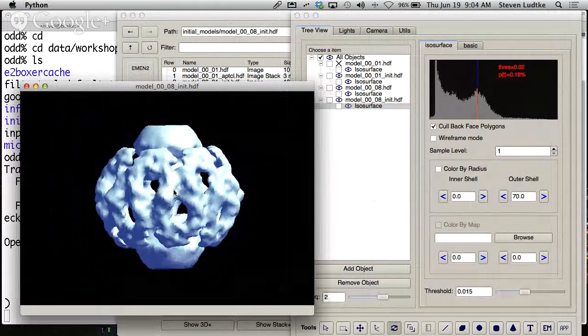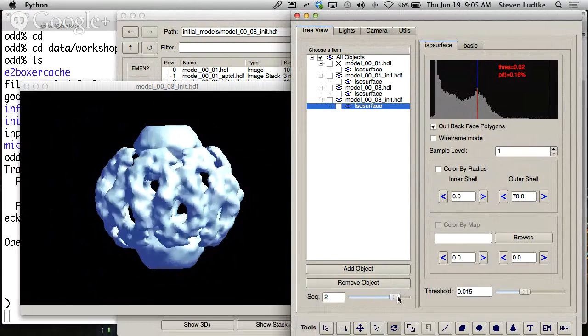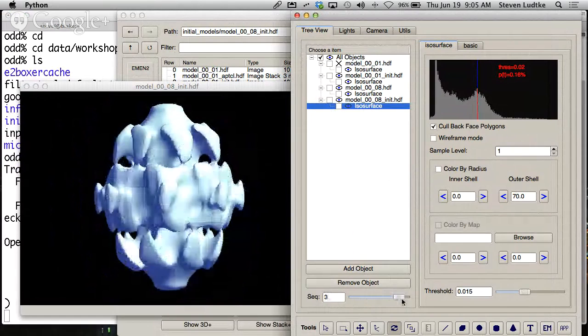I think it probably put the GroEL side views 90 degrees away from the correct orientation, and this was the starting model it used in that case. So you can see there's nothing really obvious about this starting model being better than that starting model. It's just a different starting point in